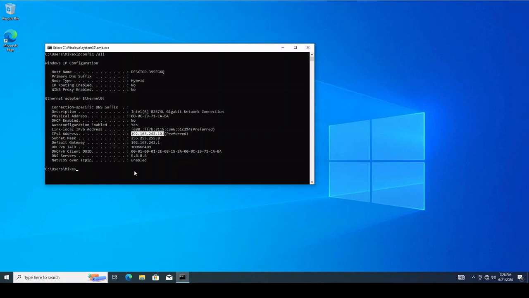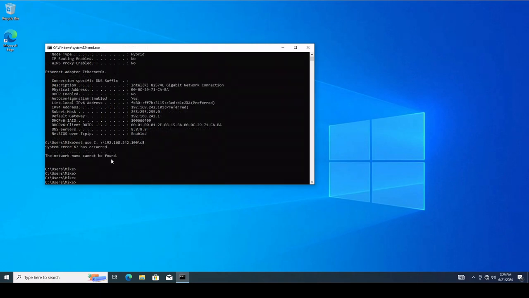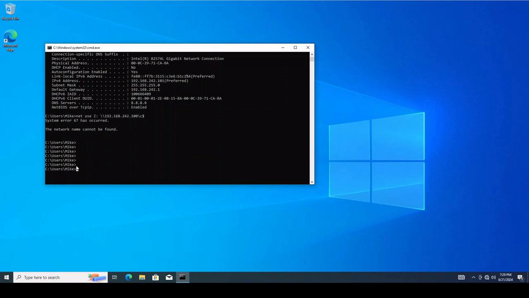So the first thing we could do here is let's see if we could actually map the drive. So I'm going to attempt to map the network drive here, and we'll see if we can get the Z drive to map without using a password or authentication. So as you can see, I got caught up in the fact that it wasn't doing anything, so I figured I'd just keep hitting enter a couple times to force it to actually throw the error. But we got system error 67